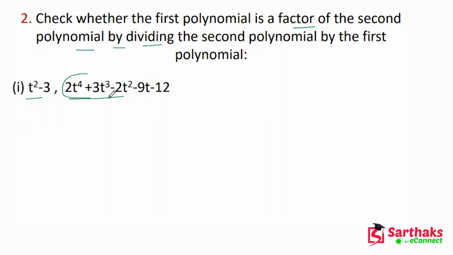So for checking this, we have to divide it. If the remainder becomes 0, then we can say that t square minus 3 is the factor of twice of t raised to power 4 plus 3 into t raised to power 3 minus 2 into t raised to power 2 minus 90 minus 12. Okay, so